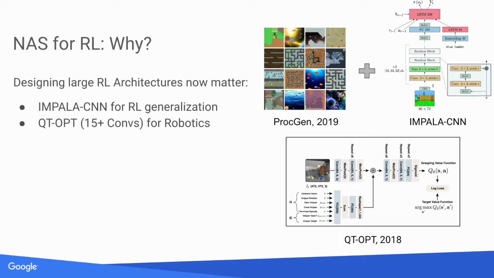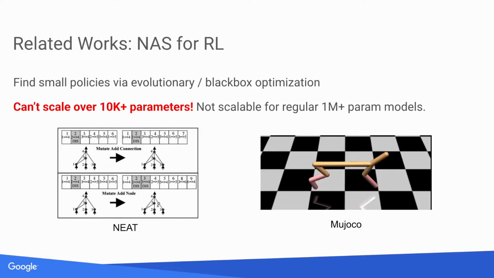We suspect that custom architectures specific to these tasks could strongly help improve both performance and latency for RL applications. While some related work has been done in NAS for RL, virtually all of it, however, uses black box or evolutionary optimization techniques which do not utilize backpropagation. These include the classic NEAT method for evolving policies for domains such as continuous control, like MuJoCo. However, such methods typically cannot scale when optimizing over tens of thousands of parameters. Vision-based RL regularly uses policies which have over 1 million parameters, and thus such techniques are not appropriate for larger scale RL.